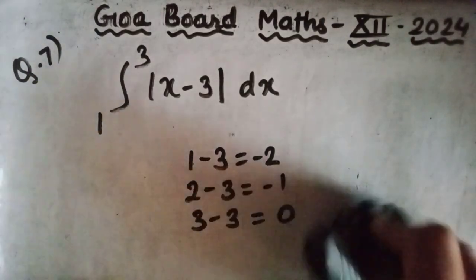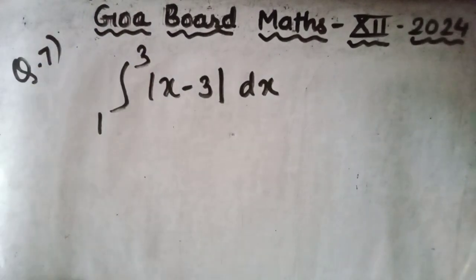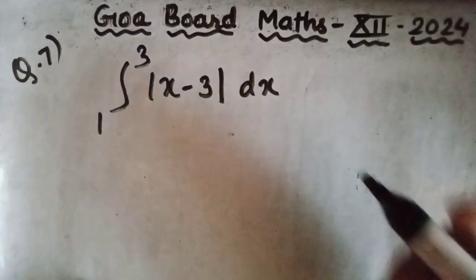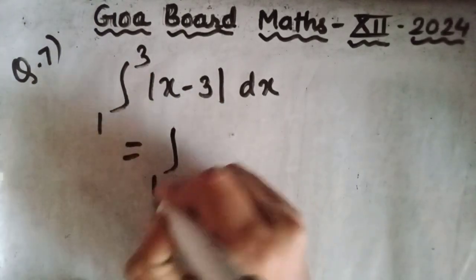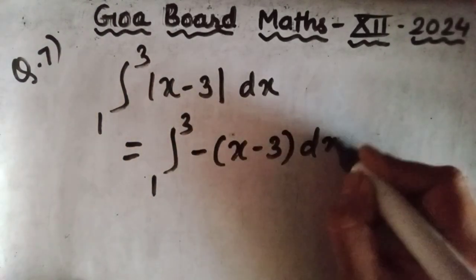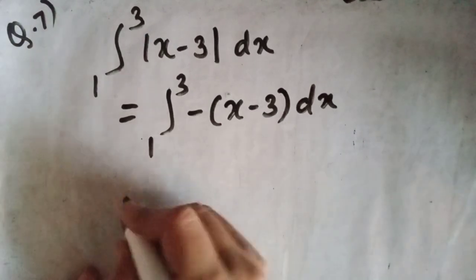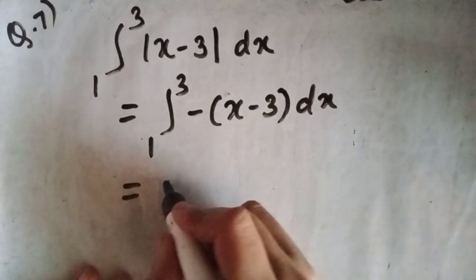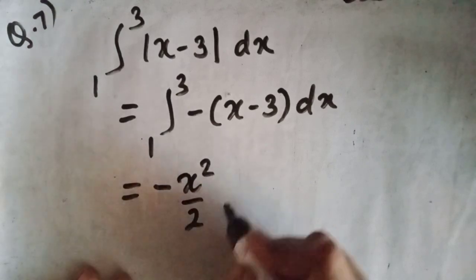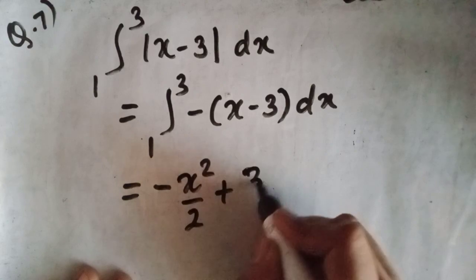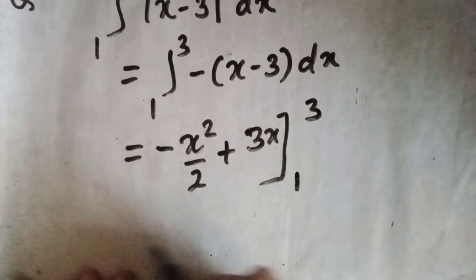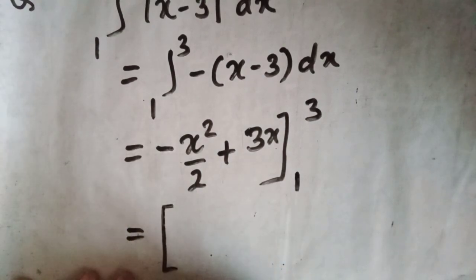So it is from 1 to 3, so it is negative. If it was 4, then we would have got one positive term, so this will be the integral from 1 to 3 of minus (x minus 3) dx. Okay, now you have to integrate. So integrating, minus x square by 2 plus 3x, it is from 1 to 3. Now put the values, so it will be